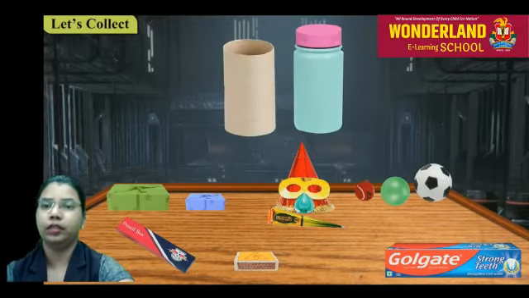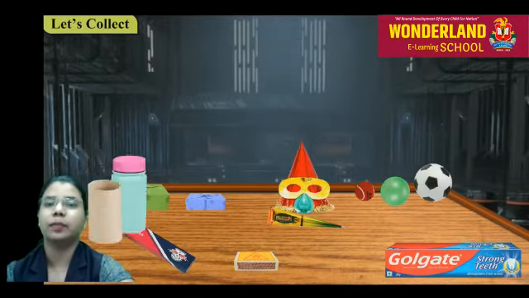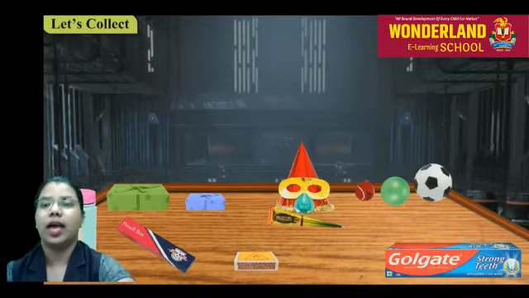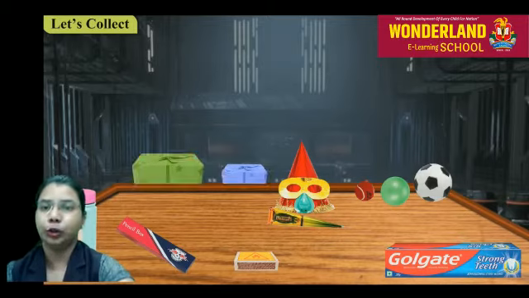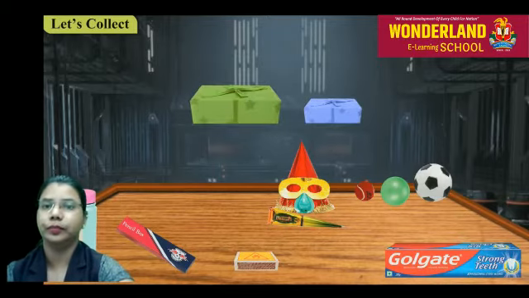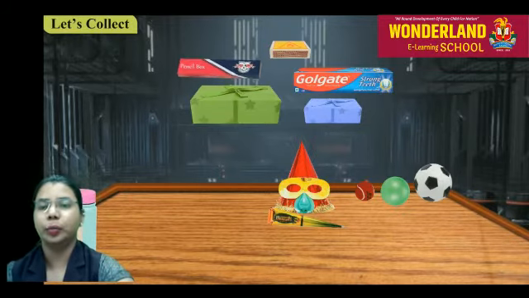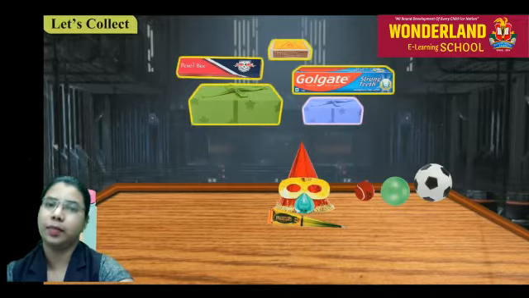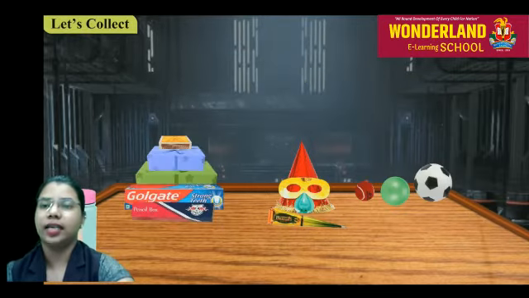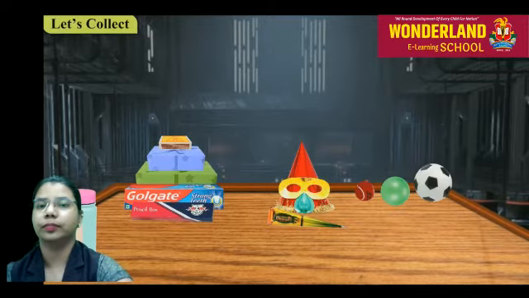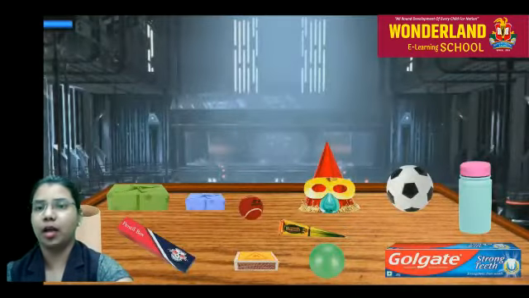Water bottle and pipe made up of card paper are the same in shape, so separate them. And lastly, two mithai boxes, matchbox, carton of toothpaste and the pencil box are similar in size and shape. So separate them out.